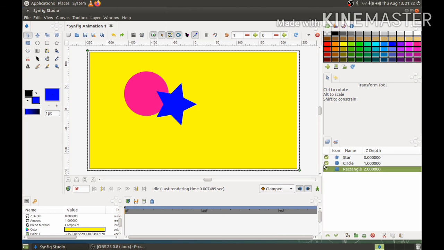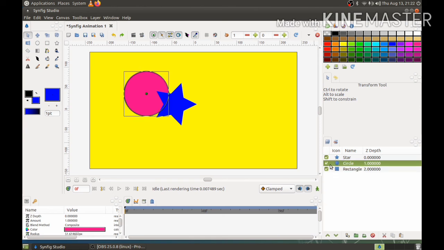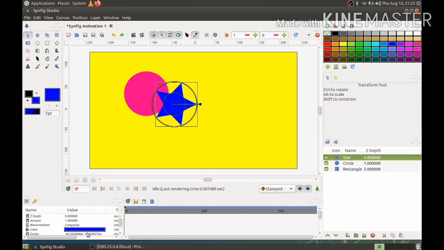Now suppose I want to change its properties, then I can select any of the layers. Suppose I want to change the property of the circle, then I am selecting the circle. All the attributes of the circle are displayed over here. See, initially it looks very clumsy, very tough, but as you start using, it will be very easy.